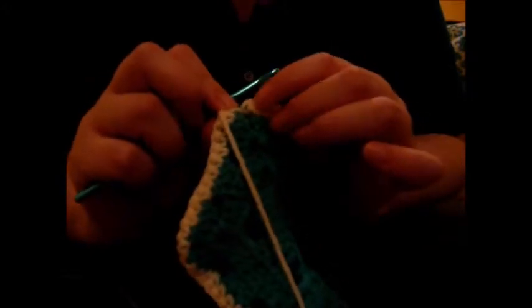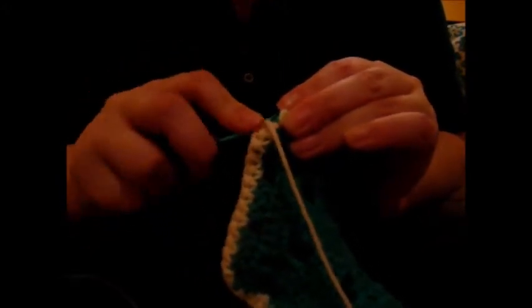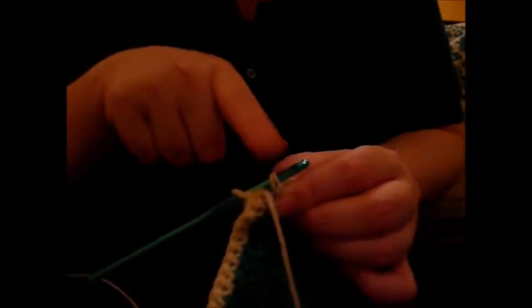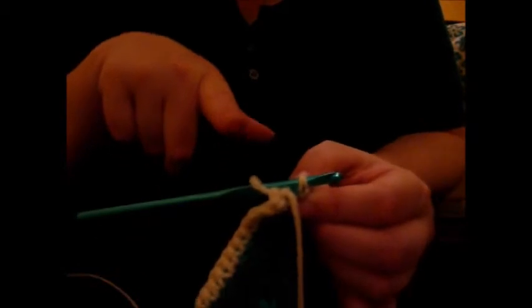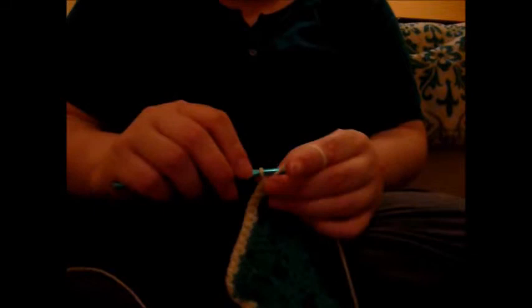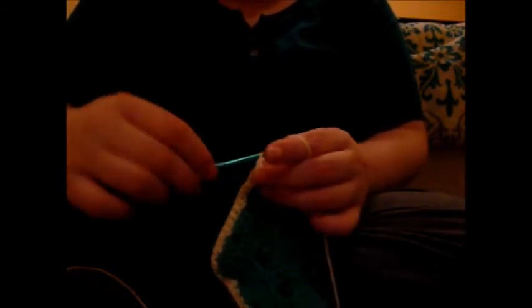Now to finish, I do a slip stitch, and to do that I stick my hook back into my first stitch here. So there are 2 loops here because that's the single crochet beginning, and a loop here from the single crochet. Now I take my yarn and I yarn over and I pull through all 3 loops that are currently on my hook. Now I'm left with 1, and that was called a slip stitch by just pulling through all 3 loops. Now to actually end, I yarn over again and I pull through this last loop here, and then I